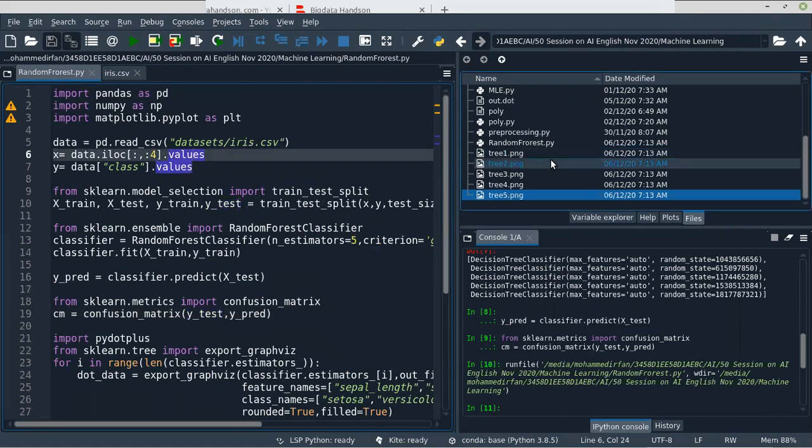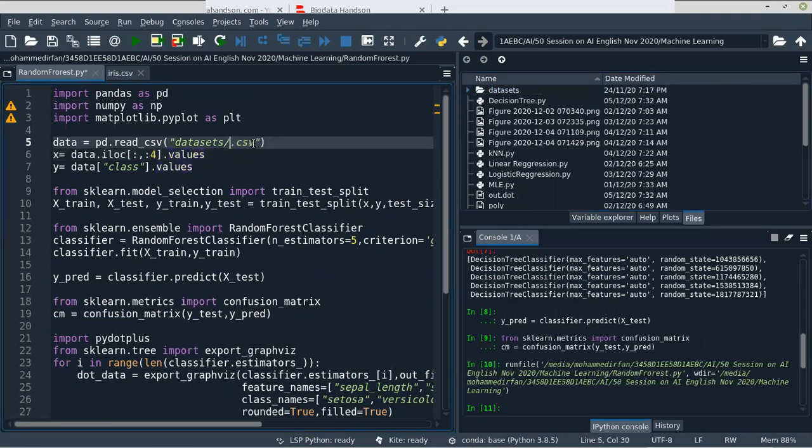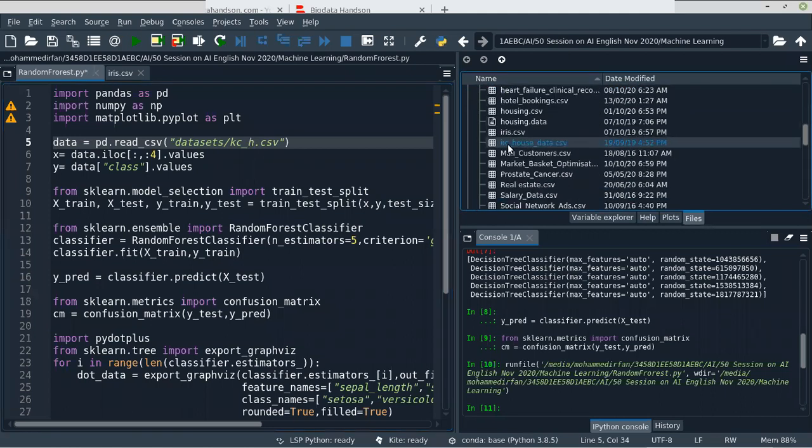For this let me use the KC house data, or you can use Boston data also. Actually the KC house data is very large data. So let's see how the decision tree handles the large data.